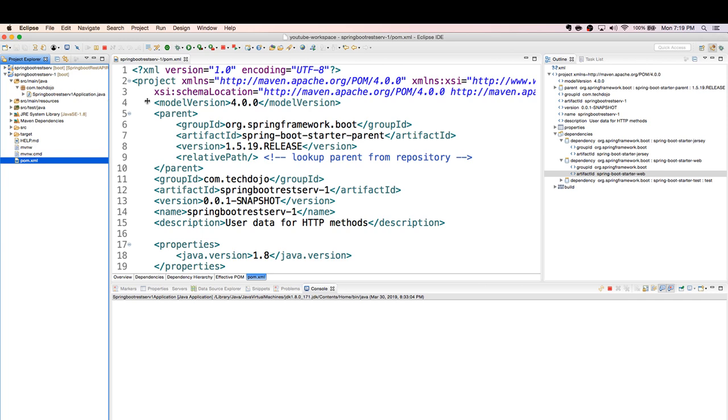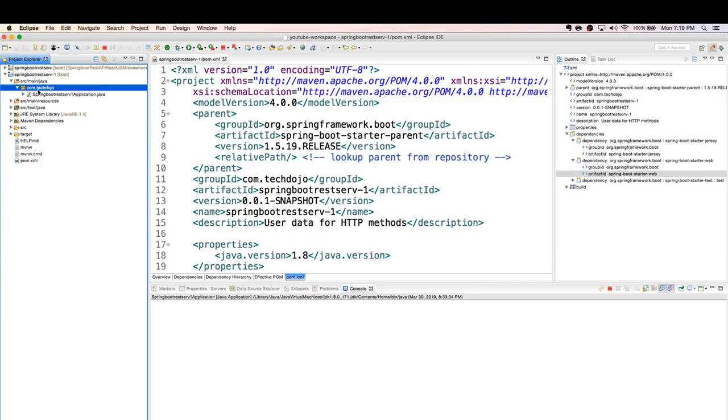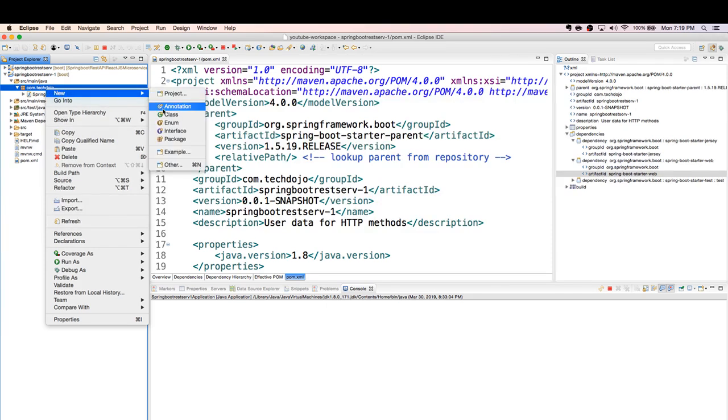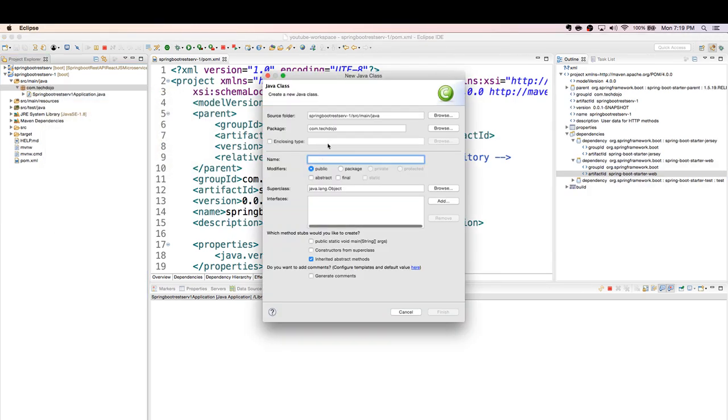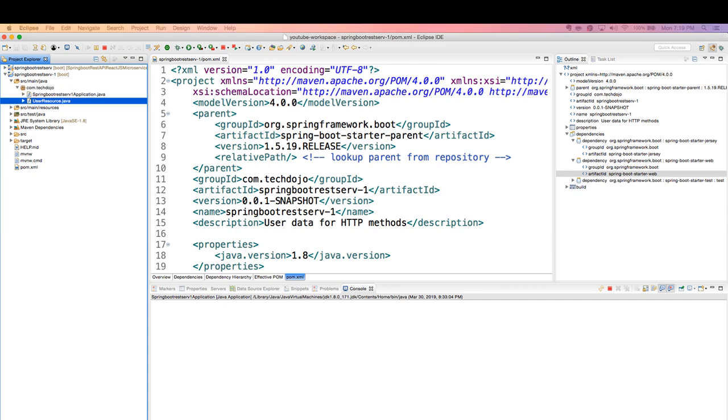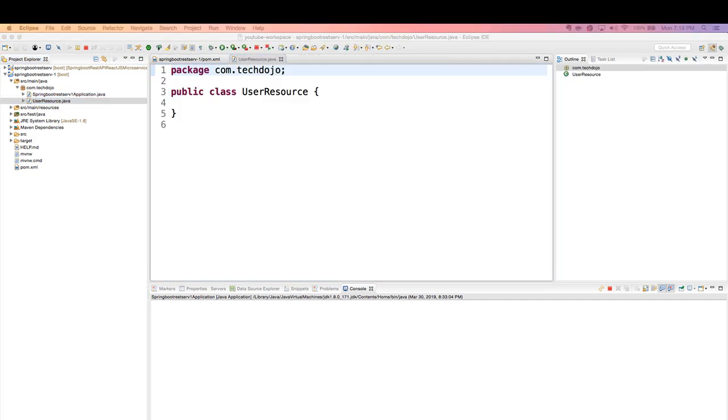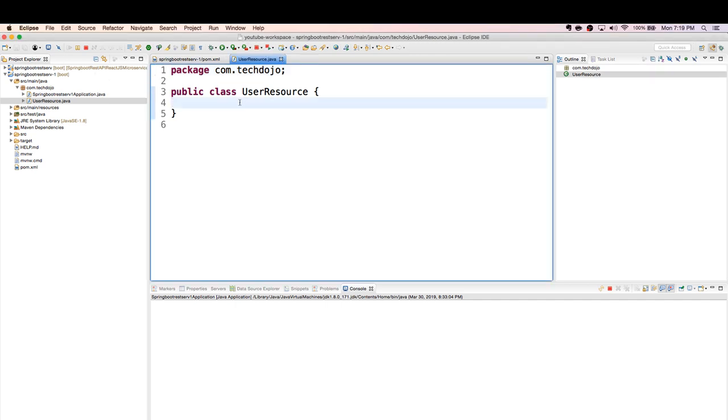So right now let's create a resource. Let's create a resource where we can create the endpoint which we are exposing to other services. So I will write UserResource, and click on finish. So in this one,